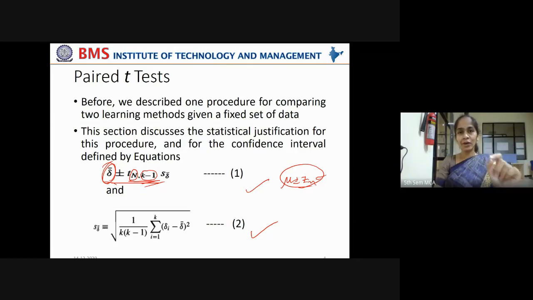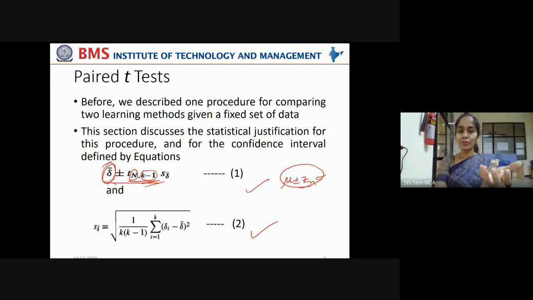In that case, your degrees of freedom is k minus 2 out of 10. 10 minus 2 means 8 partitions you are using for training the learning algorithm, right? In that case, the degrees of freedom will be k minus 2. But here you are considering only one partition as test set and remaining k minus 1 partitions as training set. The degrees of freedom is k minus 1.